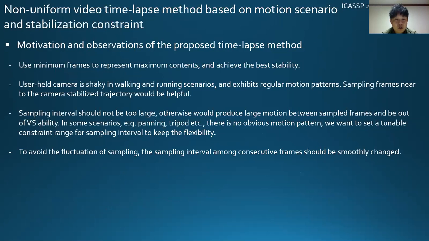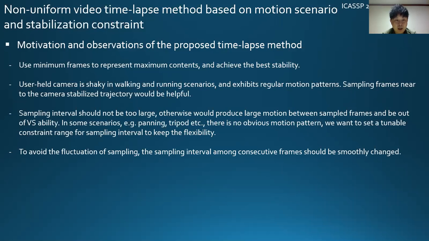We have several motivations and observations. First, we want to use minimum frames to represent maximum content and achieve the best stability. Second, a user-held camera is shaky in walking and running scenarios and exhibits regular motion patterns. Sampling frames near the camera stabilized trajectory would be helpful. Third, sampling intervals should not be too large, otherwise it would produce large motion between sampled frames and be out